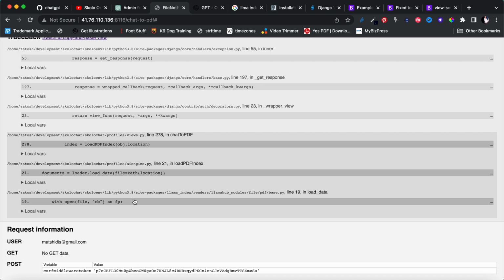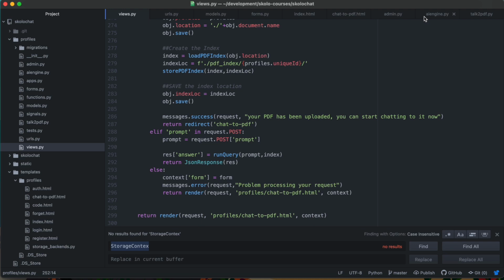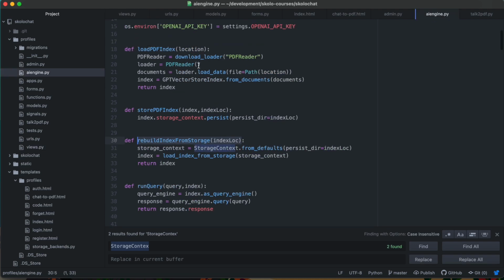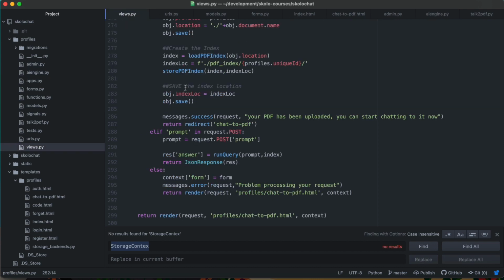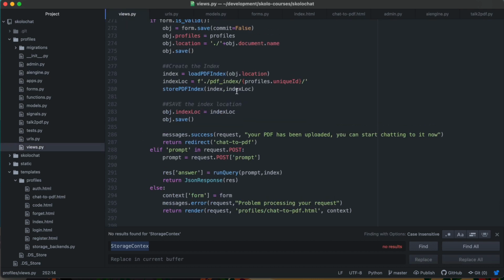Let's see. The index, load PDF index, and then loader data path location. All right, so the load PDF index, line 21 of AI engine, is the one throwing the error. So AI engine line 21, this location. So this location that we're putting in here, if we look at our views, this location,